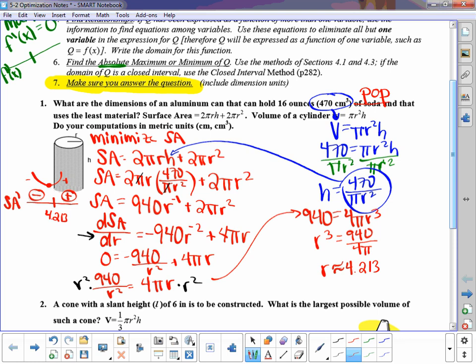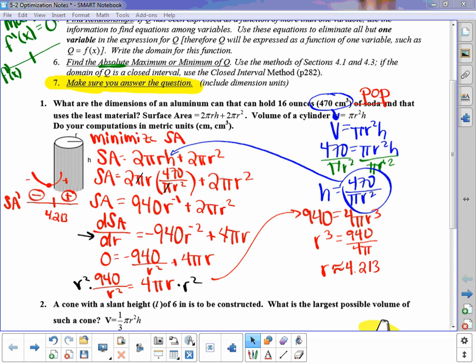So I have my radius is 4.213, but what does the question actually ask for? What are the dimensions? So great, I've got my radius, what else do I need? Height. How do I find my height? Just plug it back into my height equation, right? We actually solved for that earlier. And just a reminder that when we are using our calculator and we get these rounded values, please use the entire value, the non-rounded answer, when you substitute in,